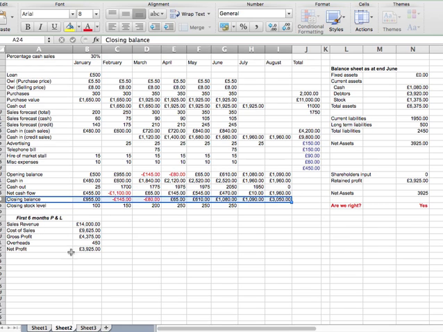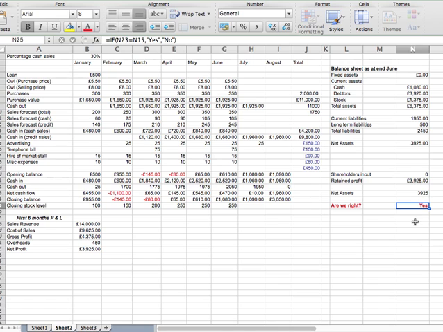And the profit and loss is just down here. It's a very simple profit and loss. And the balance sheet is over here. And I've got my little check here, as I showed you in the previous video, that tests whether the net assets from the source of funds, which, because this is the first financial reporting period, is equal to the retained profits, so